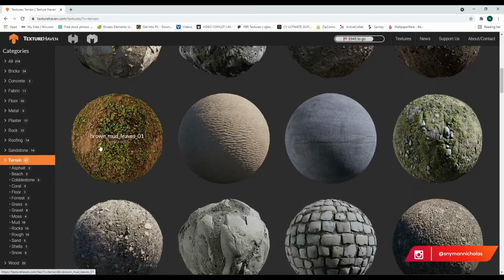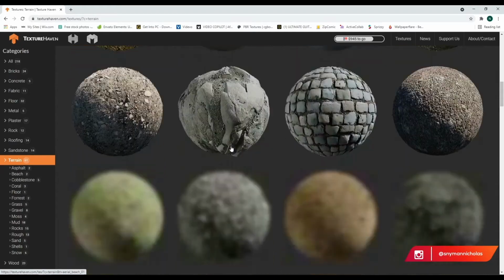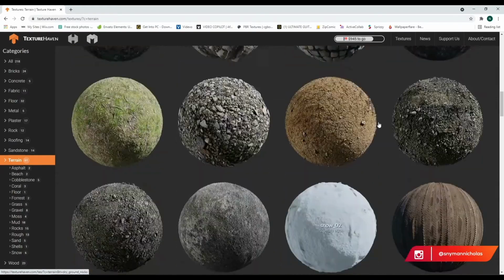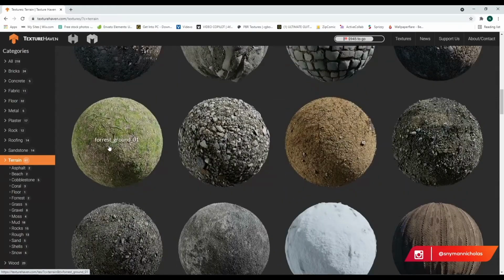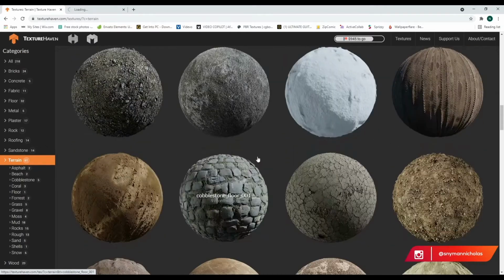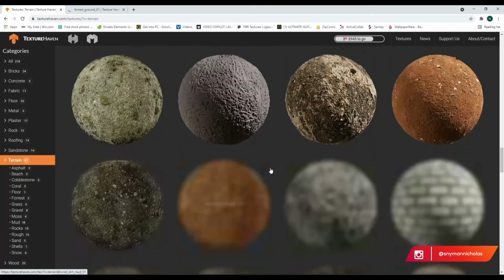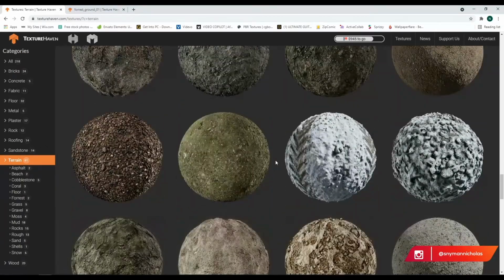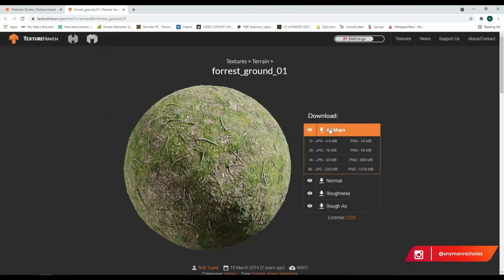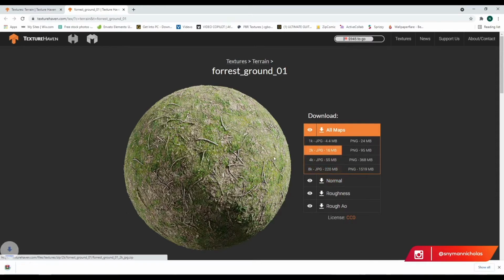Probably looking for something like a forest floor surface, so probably something, yeah, forest ground, which is probably what we'll use for this one. So yeah, cool. So let's go download all these maps, and we don't need super high res. I think let's just download in 2K,